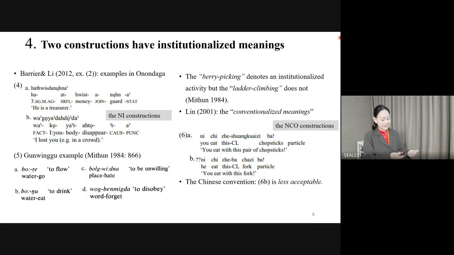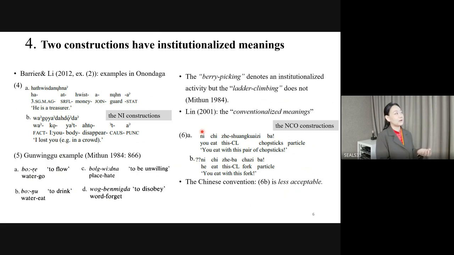So we see on the left side, in non-canonical object, we say that in Mandarin, the nominal combination expression combined with the verb is interpreted as a treasure or body disappearing when interpreted as loss. And in another incorporated language like here, quarter-go means flow, quarter means to drink, or word forget means to disobey. Okay, and now see on the right side in non-canonical object construction, I prefer to use that